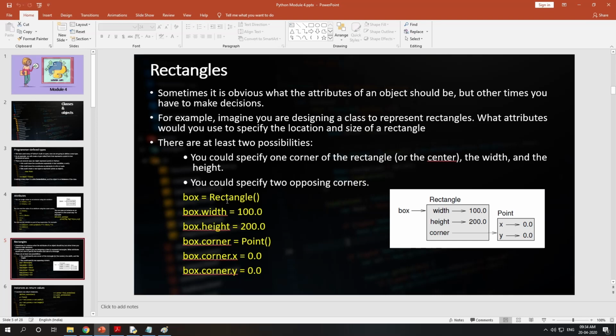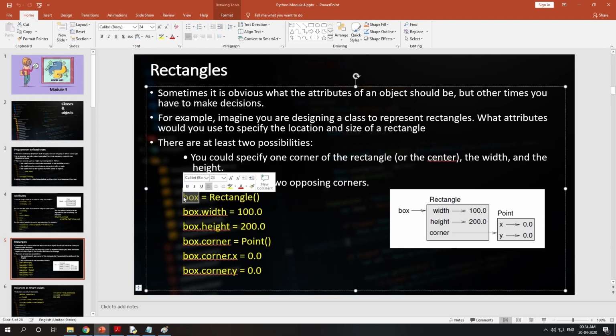Here you have created an object of the class called Rectangle, and the object name is box. Box is equal to Rectangle. box.width is equal to 100, height is equal to 200, and box.corner is an object of the class called Point, and you need to specify X and Y values.